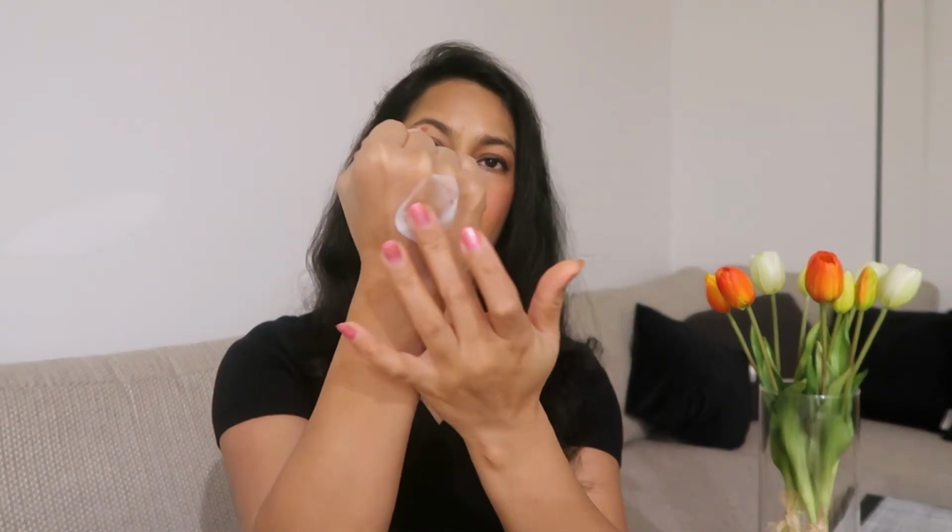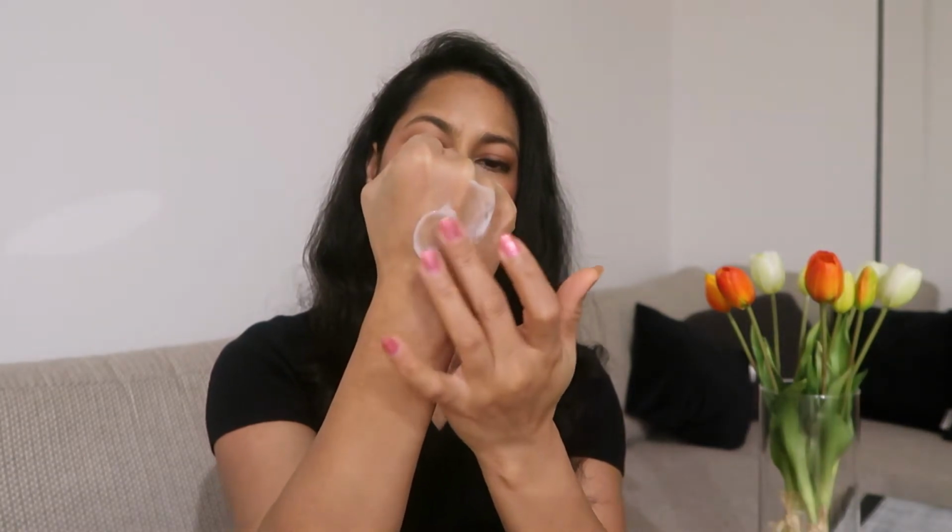Firstly, let's talk about the consistency of this one. So it's like a cream, but the texture of this is really odd because this one has got silicone particles in it, and that's why when you rub it into the skin, you actually feel small granular particles, and it's not a very good and soothing experience when you apply it, because when you apply this one on your skin, it irritates a lot, and if you have any active acne on your skin, then it irritates even